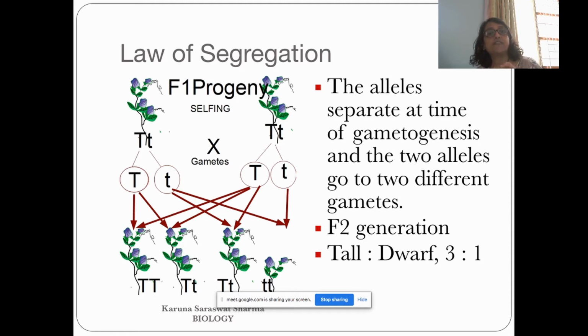So now when we do selfing of the F1 generation, generally selfing is done when you take pollen grains of the same flower and dust them on the stigma of the same flower. So when this is done, it is called selfing. We have to show it as two different things in this cross because that is how we will come to know what a cross is. So we have the plant capital T, small t crossed with capital T, small t. That means the pollen of this flower is put on the stigma of the same flower. So when this is done, the segregation of alleles takes place.